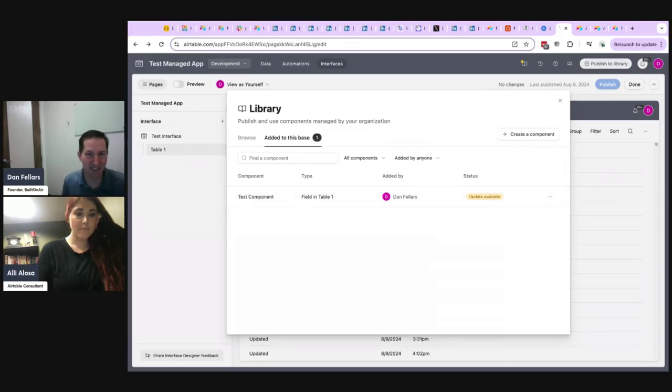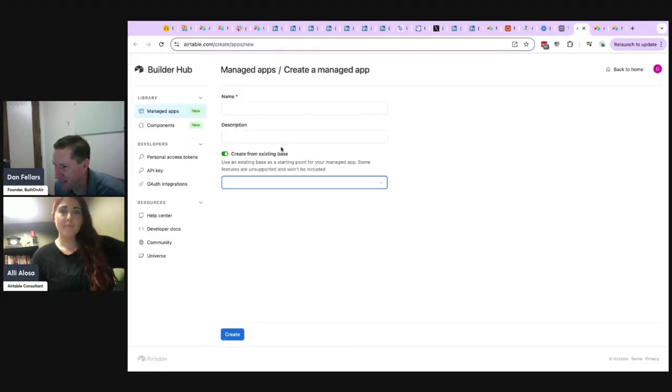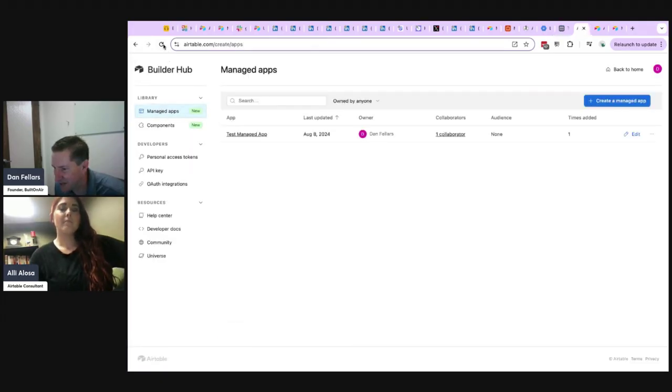So this is, I'll get to that when we talk about components. So ignore this button. Right now we're just in our managed app and we just deployed a change. Then let's see. If we go here, we've got our managed app,